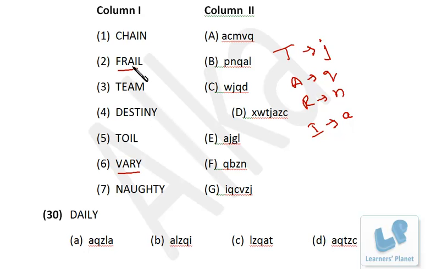Similarly, between FRAIL and TOIL, we can say I and L is common. Now I we have already cracked. Now we have to find the code for L, right? Now FRAIL and TOIL, that's the L is common, right? Here we can see L, and here that's L over there, right? So L is actually small l.